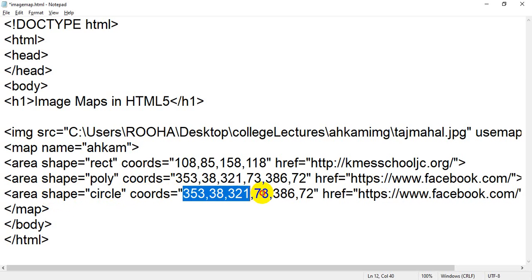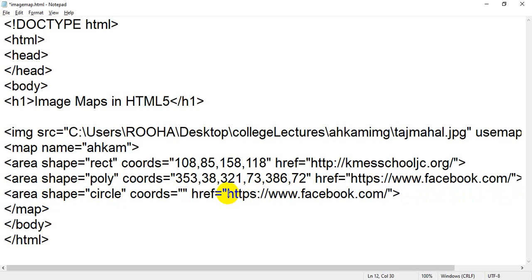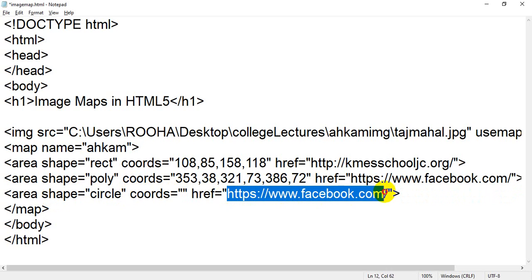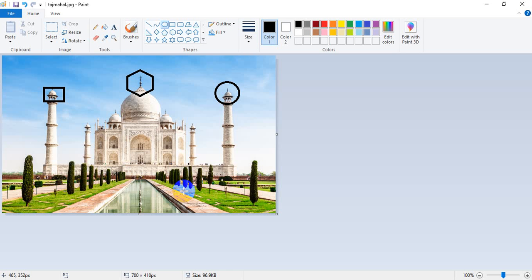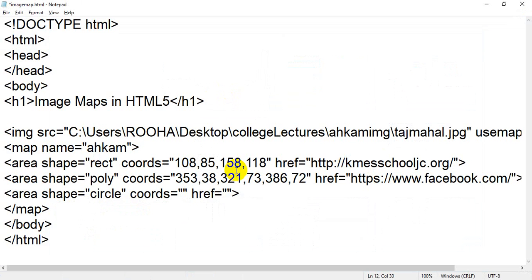Now inside circle you have to take different coordinates, and inside that you have to open a different page. So inside coords we have to take by using our MS Paint. Again I am going to put my cursor in the center, that is 575, 98. This is the coordinates of your center.